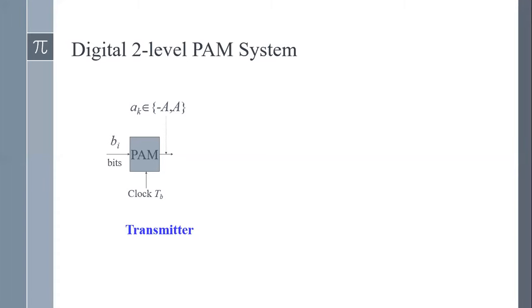Okay, so now the output here is square pulses, with voltage level either minus A or plus A. That means these bits, say suppose I am sending 0, 1. That means the output of this,